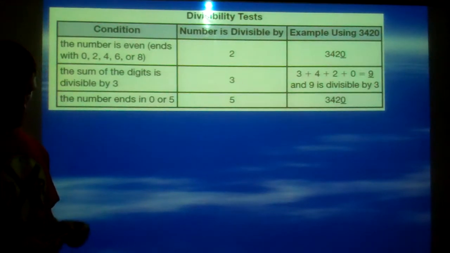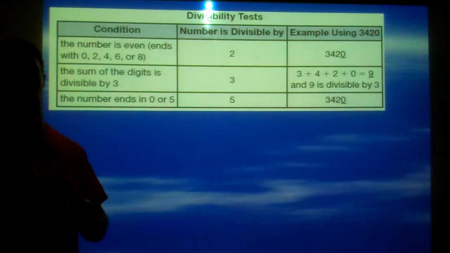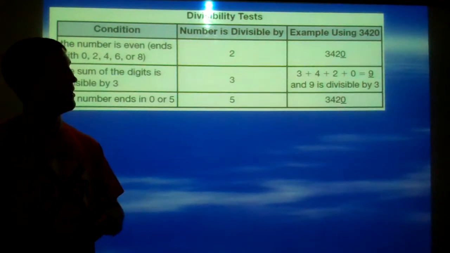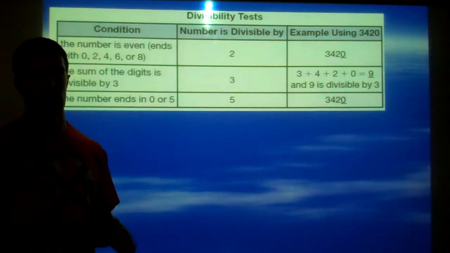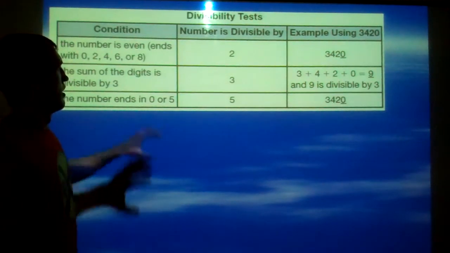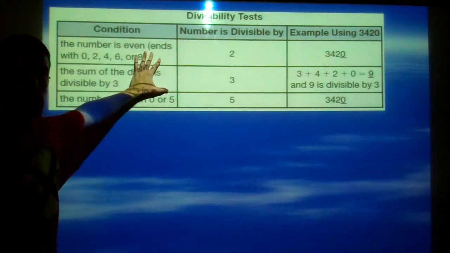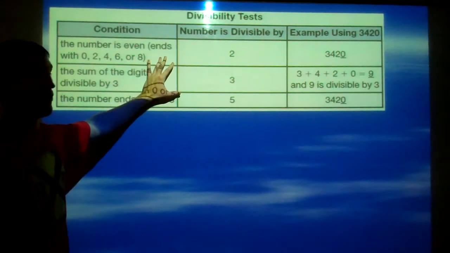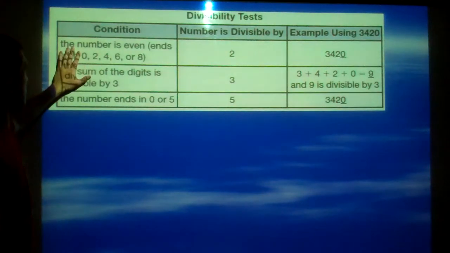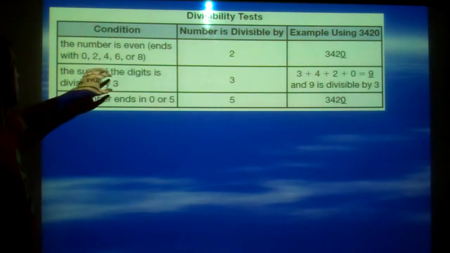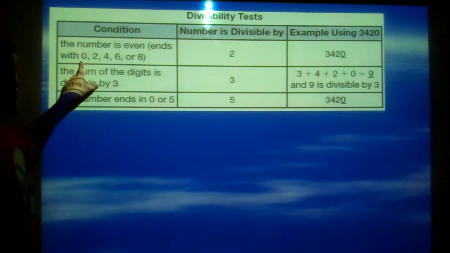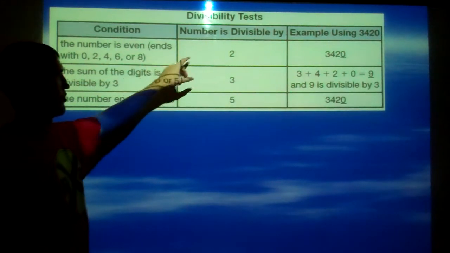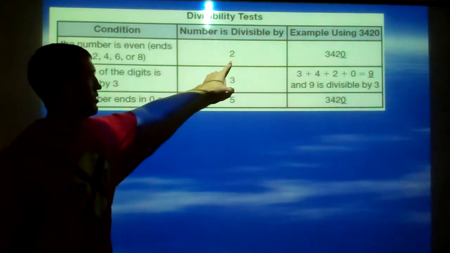Now those 36 and 45 were pretty easy numbers to work with because we know what goes into those. But we're going to end up working with some pretty big numbers. So they have divisibility tests that we can do to see which numbers will divide certain numbers, which will be very helpful. So here's a condition for us. If the number is even, so that would be ends in a 0, 2, 4, 6, or an 8, the number is divisible by 2. So an example,